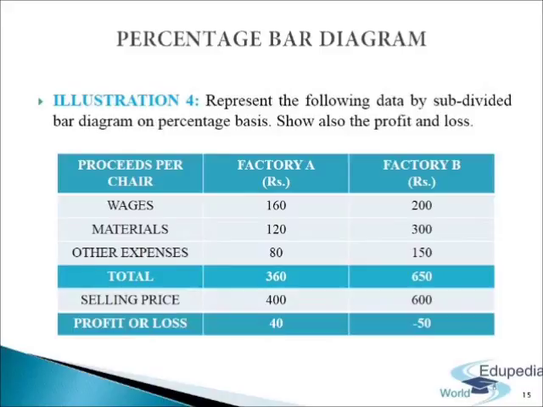Percentage bar diagrams are those diagrams which show simultaneously different parts of the value of a set of data in terms of percentage. Total value indicated by total length of a bar is assumed to be 100. Each part thereof is shown as a part of 100. These parts may be shaded with different colors in order to highlight the difference. In fact, these diagrams are a different form of subdivided diagrams.